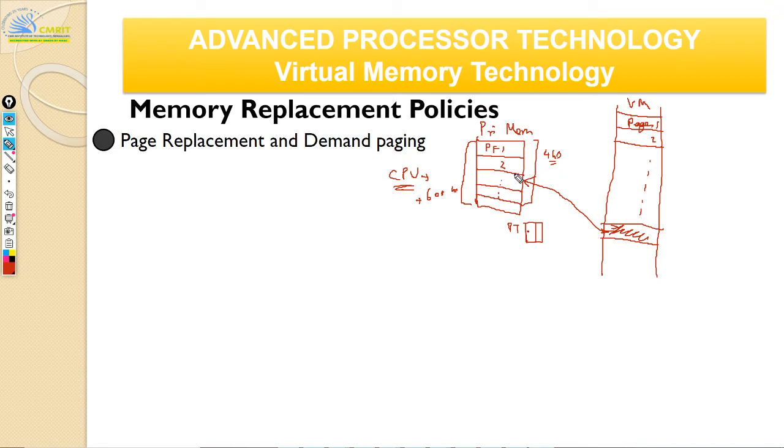Now your CPU again wants another page. So if the CPU keeps requesting the same pages that are in primary memory, then there is no issue. Okay, you can just pretend as if everything is there in primary memory, and then you just get along in life. But if your CPU requests some page that is now not in your primary memory, then what should you do? Now you should choose some one of these page frames. You're just going to say, hey, okay, I don't need you. Okay, based on something. For some reason the OS doesn't like this particular page frame, right?